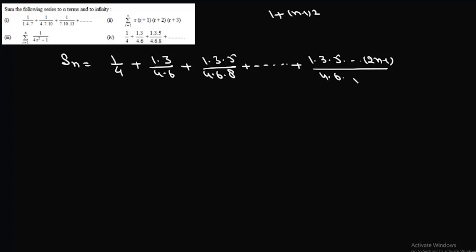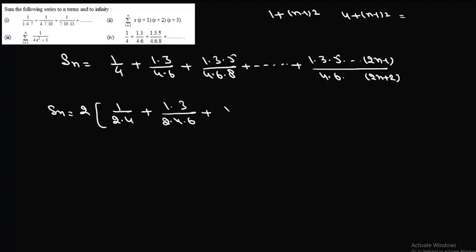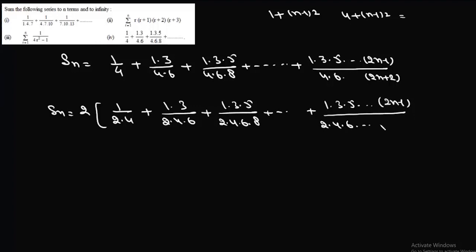4, 6, 8, which again is an AP. So this is a plus n minus 1 into d, which is 2n plus 2. 4, 6, 8, and this is 1, 3, 5. What seems to be missing is 2. So what we'll do is multiply and divide everything by 2. So we can write this Sn as 2 into, and this is 2 into 4, and this is 1 into 3, and this is 2 into 4 into 6. This is 1 into 3 into 5, and this is 2 into 4 into 6 into 8, and this is 1 into 3 into 5 up to 2n minus 1, and here it will be 2 into 4 into 6 up to